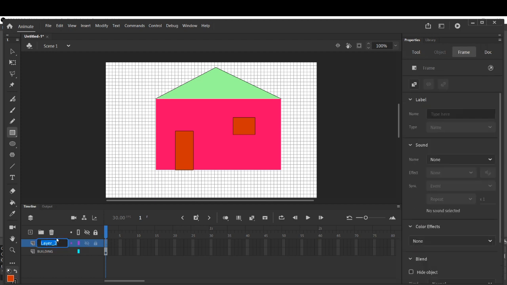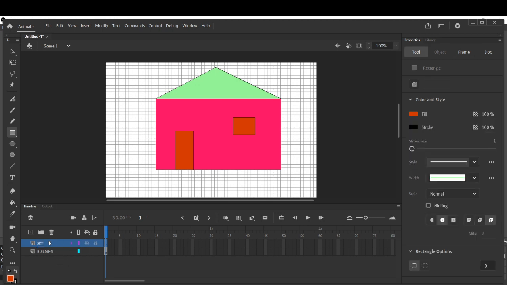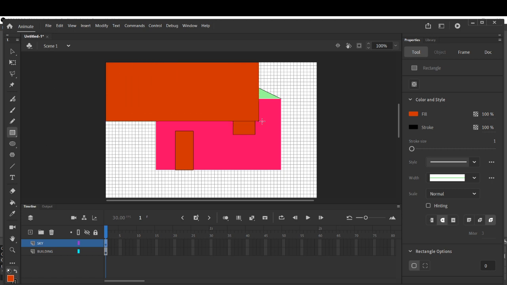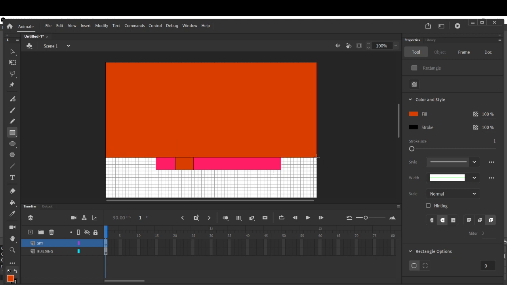Double click this layer and rename it as sky, because on this layer I am going to draw a sky, and its color will be the color of the sky. So for that we will choose the rectangle, and now I'm going to draw a sky at the back of this hut.